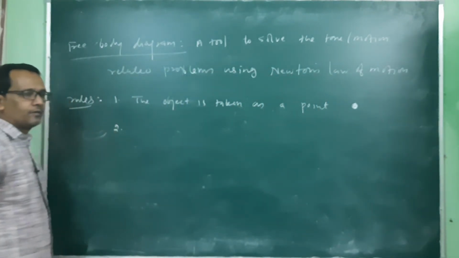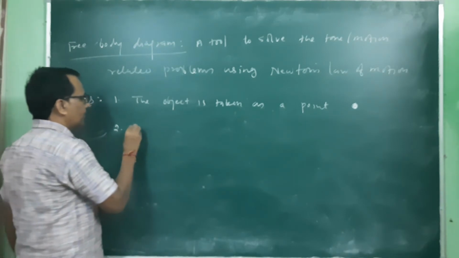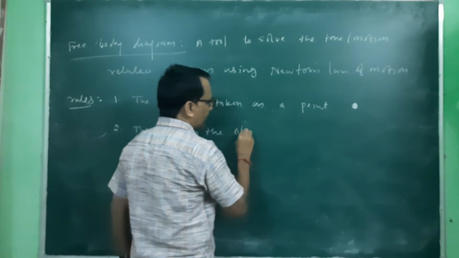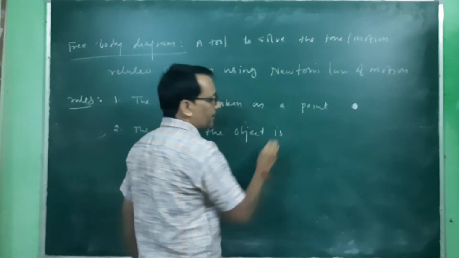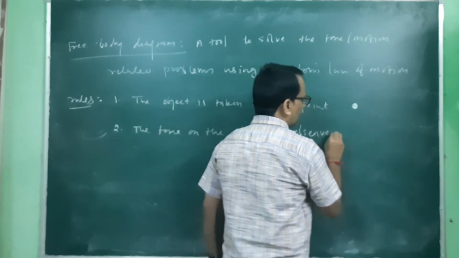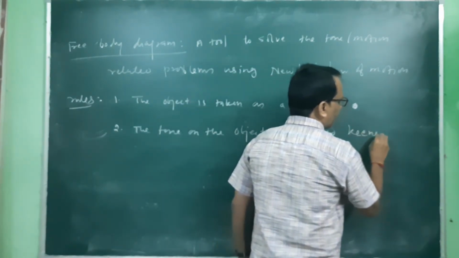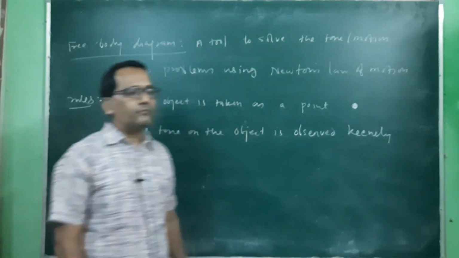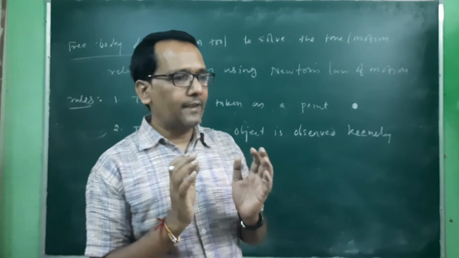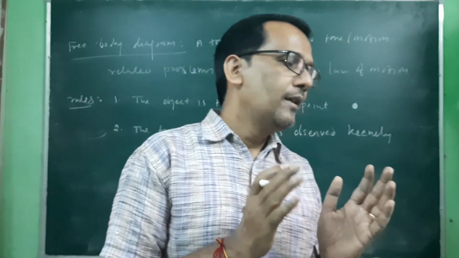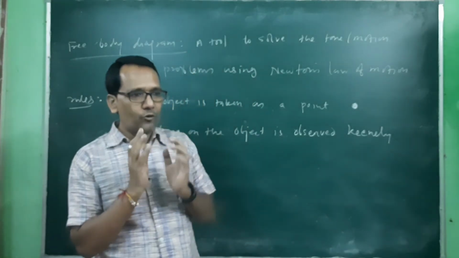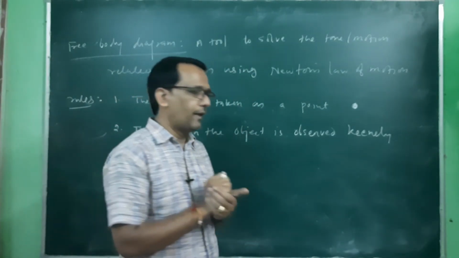Second, the force on the object is observed keenly. इस बॉडी पे कितना फोर्स लग रहा है उसको एनालिसिस किया जाता है, कि किस डायरेक्शन पे कैसा फोर्स। Means we have to think about the magnitude as well as direction. तो फोर्स को बहुत क्लीनली ऑब्जर्व किया जाता है कि उसमें कौन सा फोर्स किस डायरेक्शन पे लग रहा है। And third,